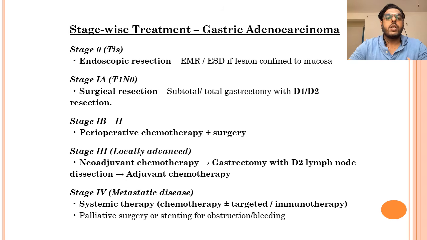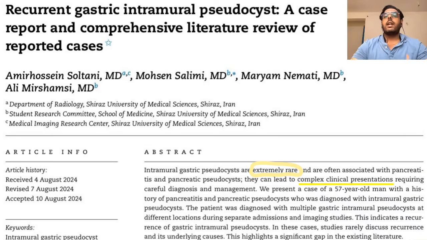Stage 1A, surgical resection is done in the form of subtotal or total gastrectomy with D1 or D2 resection. For stage 1B to 2, there is perioperative chemotherapy with surgery. For stage 3, that is a locally advanced stage, neoadjuvant chemotherapy followed by gastrectomy and D2 lymph node resection, again followed by adjuvant chemotherapy. And for stage 4, that is the metastatic disease, systemic therapy is given with palliative surgery or stent. So this case highlights a complex diagnostic scenario with suspected gastric malignancy occurring alongside focal pancreatic tail pancreatitis,